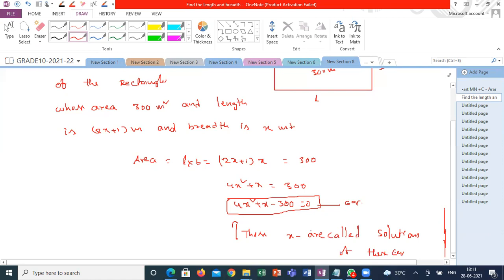If there is no x value for this, then whatever real number I substitute in place of x, I never get 0. There are infinite values from minus infinity to plus infinity, a huge number of values. Even between 2 and 3 I can write 100, 200, 300 values and substitute them, but no number is giving 0.